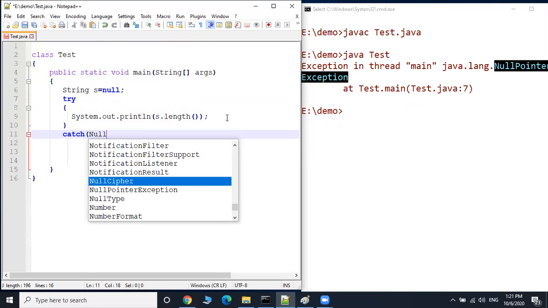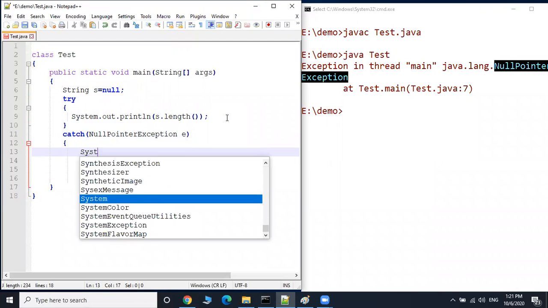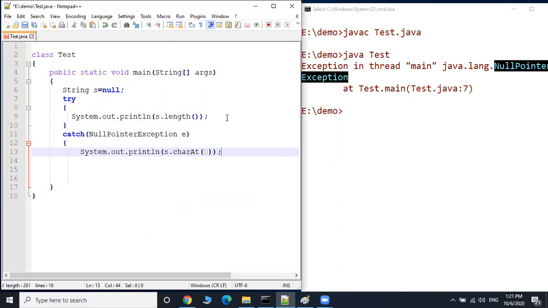Here NullPointerException e, then System.out.println, simply print e. Afterwards you can write some print statement here: null pointer exception handled.